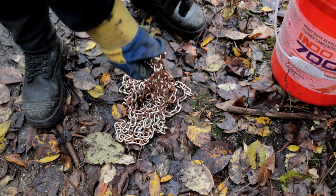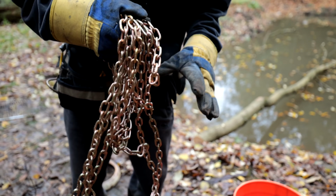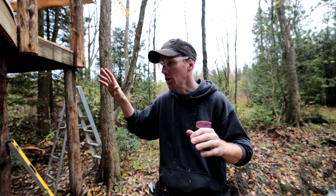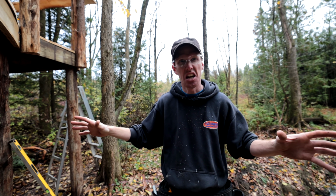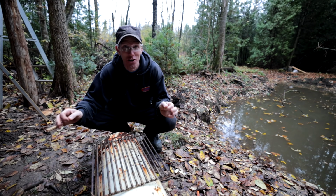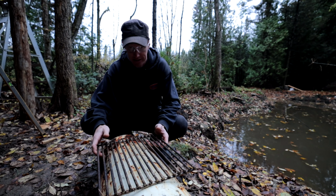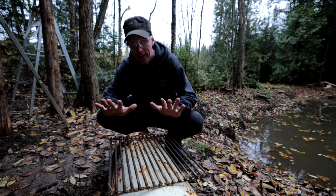We're going to suspend it from chains from post to post, and that gives us a nice little cooking area out front of our cube in order for us to basically stay in the cube, not get on the ground, self-contained. Everything will work out great. Dawn just informed me that this may not be a 100-pound tank. It may be a 50 or 60 or an 80. I don't know. Anyways, it's going to work